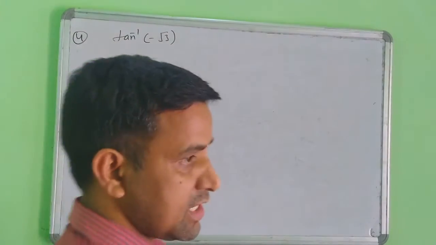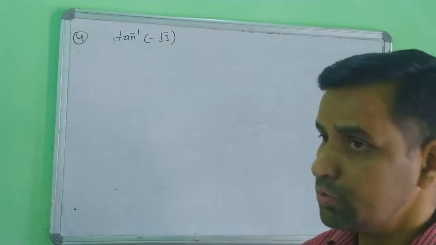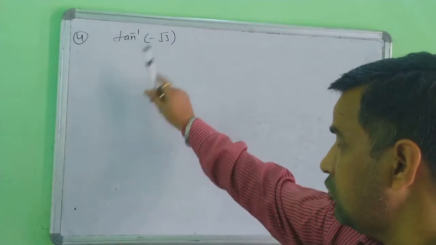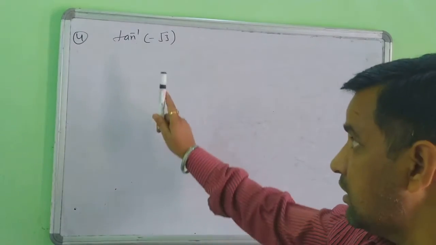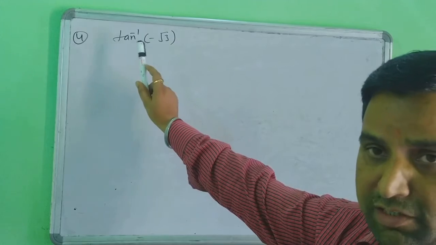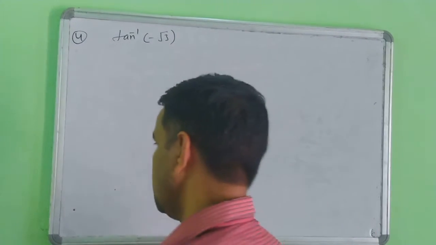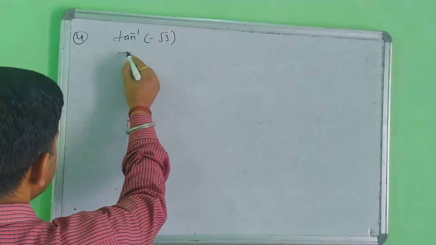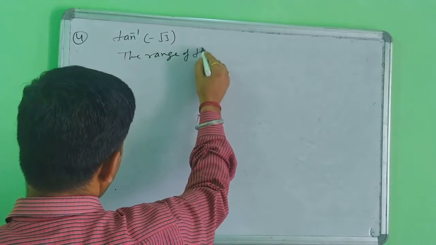Yes, student, next question. I am taking question number four here. Tan inverse minus root 3. What is the principal value of this tan inverse minus root 3 here? So first of all you will find the range of tan inverse x. Then you will find the principal value of tan inverse root 3. So first of all you will write here the range